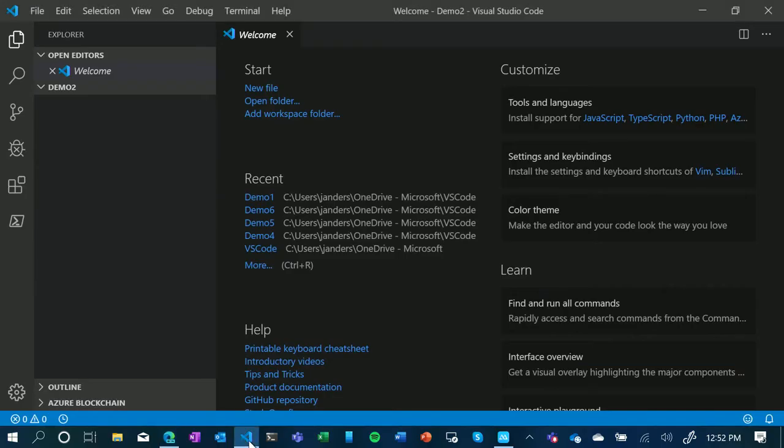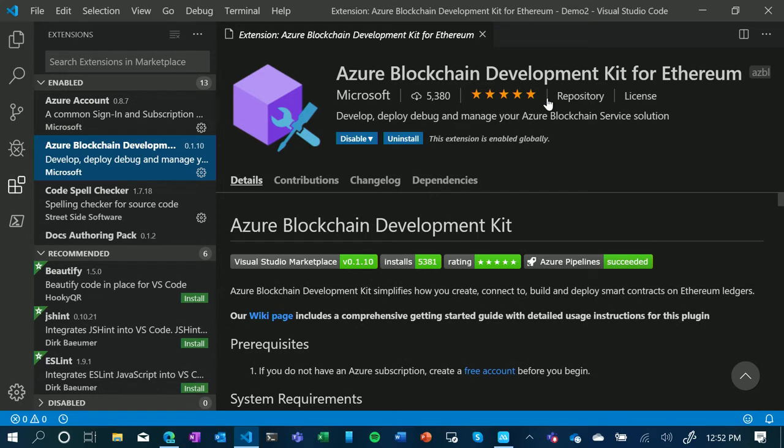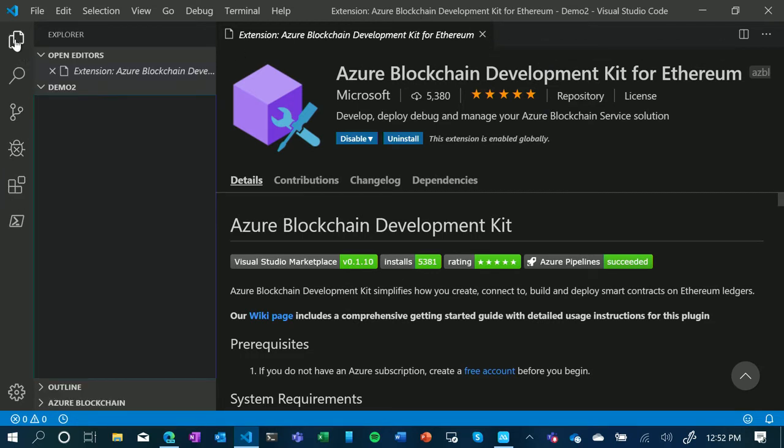So where I'm going to start is in Visual Studio Code. Now, don't freak out. We're not going to write any code. But with Visual Studio Code, what we've done is we've created a new extension. It's called the Azure Blockchain Development Kit for Ethereum. And what it does effectively is there are several tools that are used to compile and deploy smart contracts on Ethereum. We effectively leverage those. We think of it as a CLI wrapper in VS Code. So we can do right-click deploy type functionality, as well as a whole host of other things. But let's go ahead and get to the quick part here.